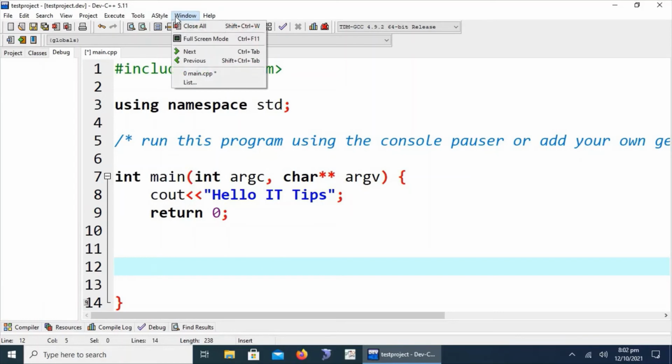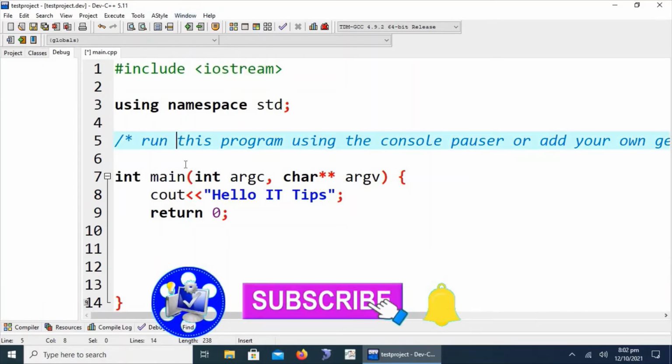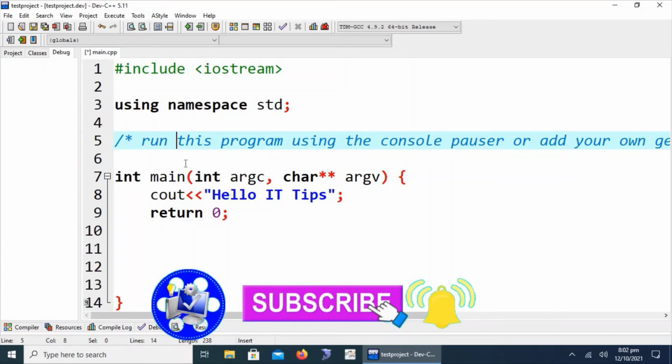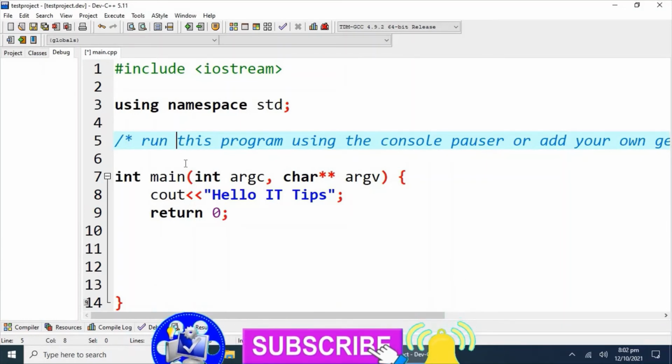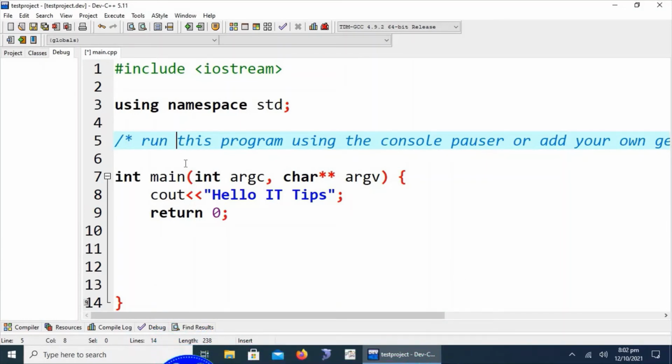The commonly used options that are mandatory for development are compilation and execution of the code. In Dev C++, F9 is used for compilation and F10 for running the code. If we want to compile and run the code using a single command, we use F11.